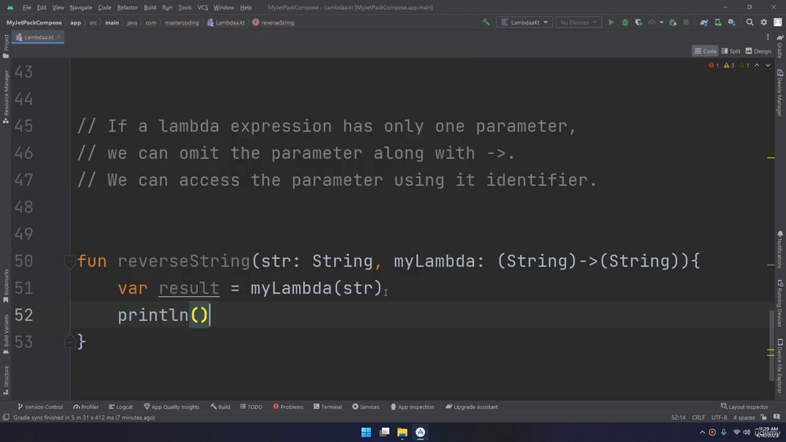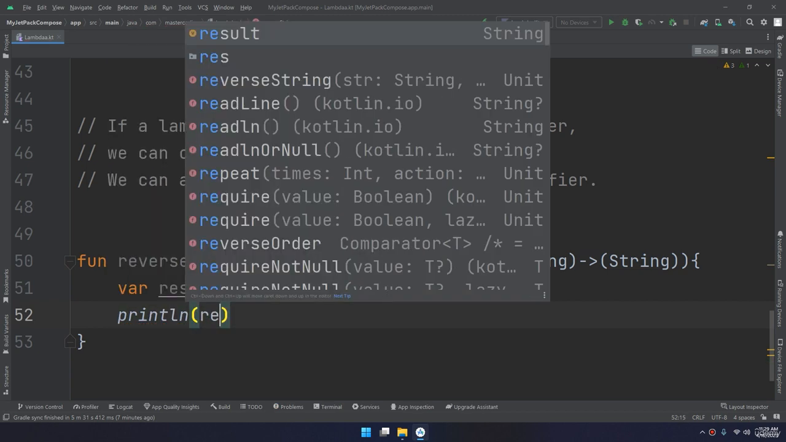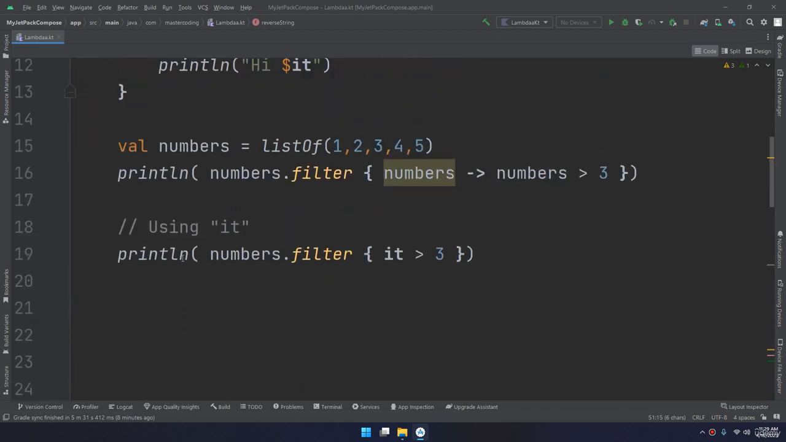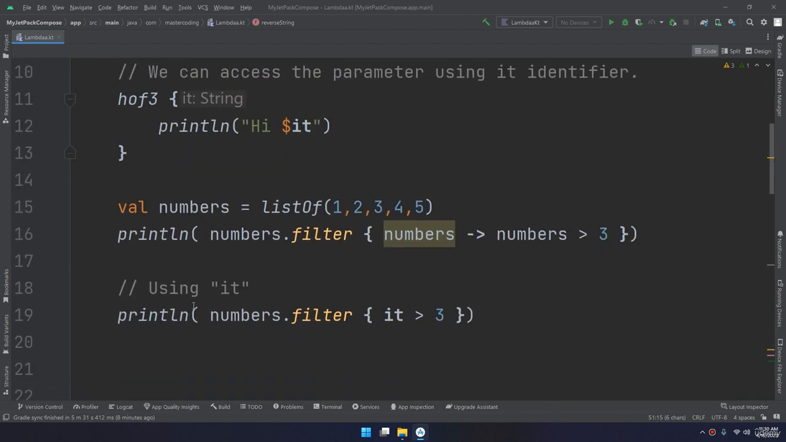Then I need to print this result. It's kind of taking a string, passing it to the lambda as a parameter, and returning the reversed string, stored inside the result variable, and then printing it. Nothing new. If I need to call this function, I'll go up into the main, and here